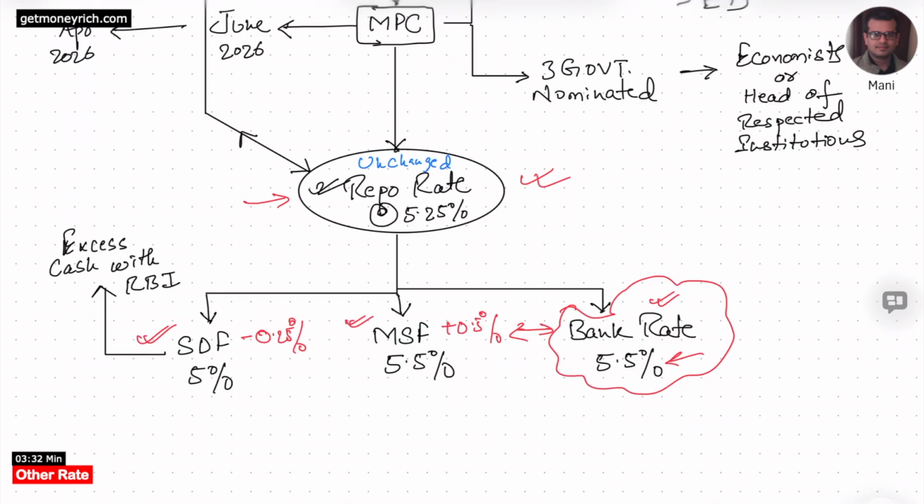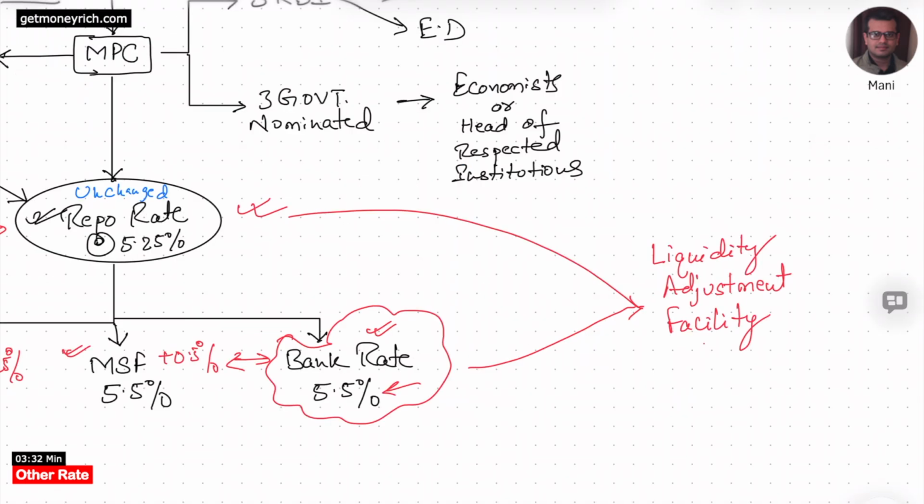In RBI's terms, all these four rates in combination are called the liquidity adjustment facility. What is the function of the liquidity adjustment facility? These are basically the four control parameters that RBI has that they can alter and change the liquidity that is there in the economy. If they want to lower the liquidity, they will increase these rates. If they want to increase the liquidity in the economy, they want to give more money into the economy, they will lower these rates. So these four rates are a facility in the hands of RBI to adjust the liquidity of the economy.